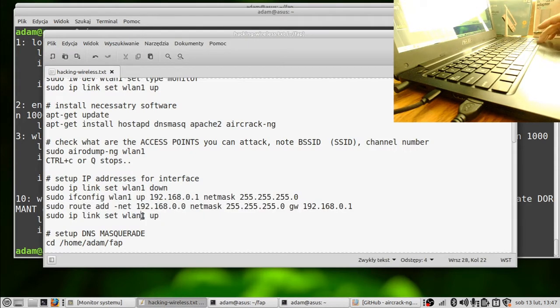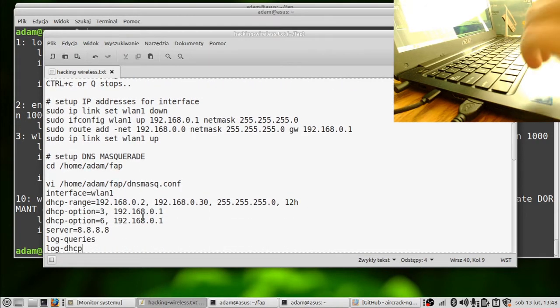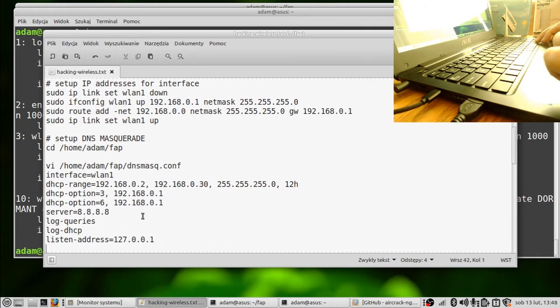Okay, so now we have to create a configuration for dnsmasq. dnsmasq is the software that will do DHCP for the stations, for the phones or PCs that will connect to your fake access point. So keep in mind that in this dnsmasq configuration, these IPs must be from the network you have assigned to your USB Wi-Fi card.